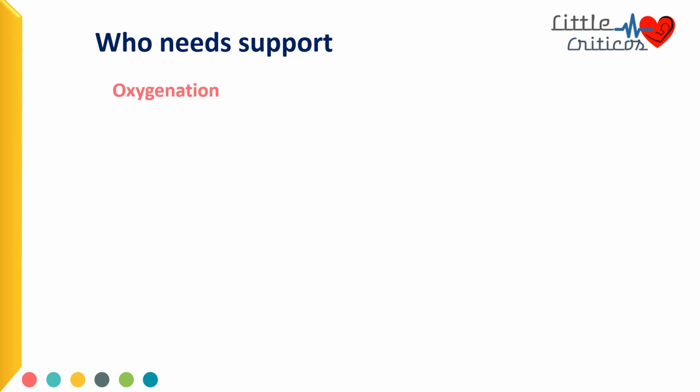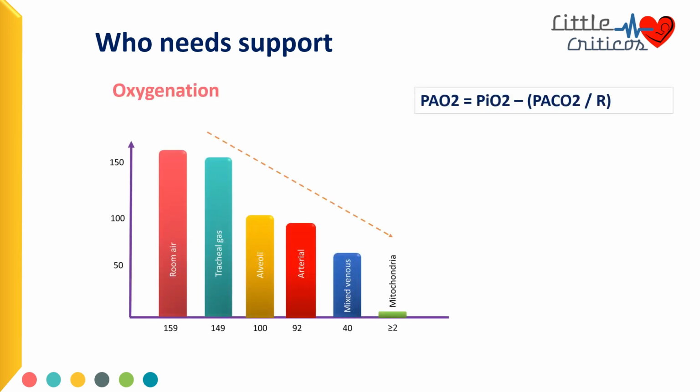The first one is the oxygenation defect. We know from the oxygen cascade as oxygen descends from atmosphere into the alveoli, the partial pressure of oxygen decreases. This is governed by the alveolar gas equation, which states that partial pressure of the alveolar oxygen is equal to partial pressure of inspired oxygen minus partial pressure of alveolar carbon dioxide divided by the respiratory quotient. As we can see, once the partial pressure of inspired oxygen reduces, the alveolar oxygen partial pressure also reduces. In conditions where the provided oxygen is insufficient as low FiO2 or in high altitude, oxygenation defect can occur.